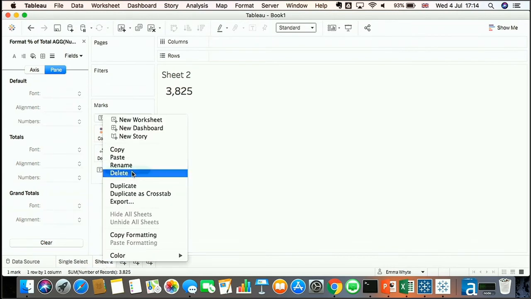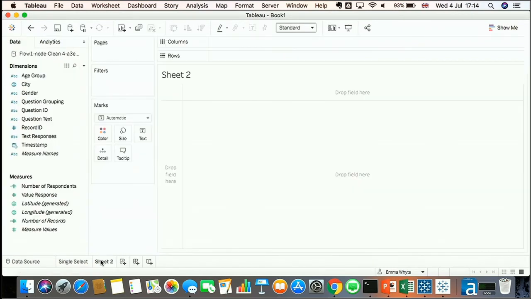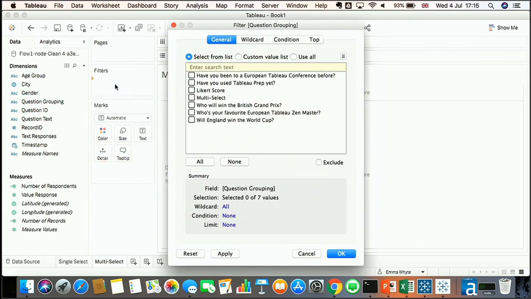Okay, let's delete that one. So let's move on to a multi-select question. This is where the question grouping comes in handy. Because we had many columns for them, one multiple select had many columns. So grouping all of those options together allows me to see all of the answers to that multiple select question in one view. So question grouping onto filter, tick multi-select,